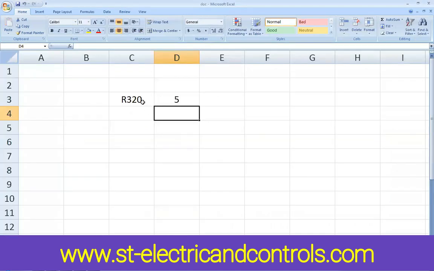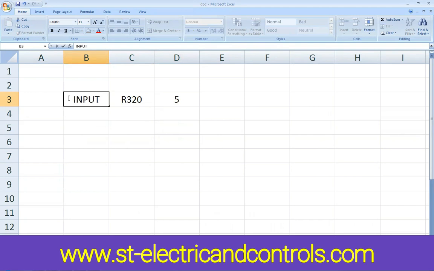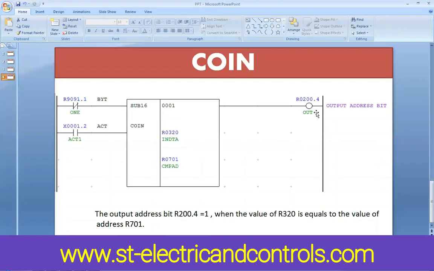So you already set the value in the R320 input register. This is not data, this is an R address. In R320 the value 5 is already there. Suppose in output register R701 the value 5 comes, it means both are equal, so the output is on.